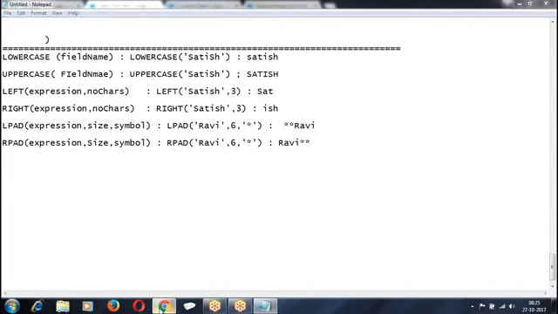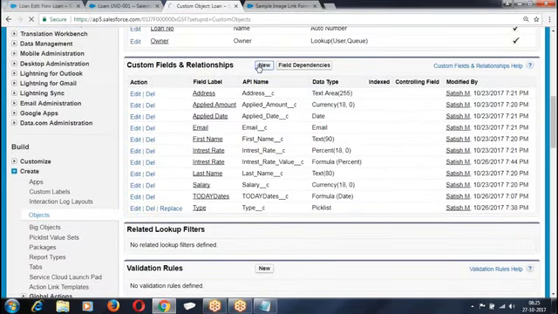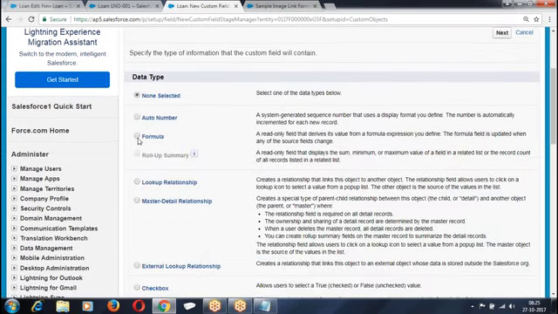What are the other formulas we have? Other fields, let us take. There are a lot of functionality, but we'll see what is required for us. Then we have